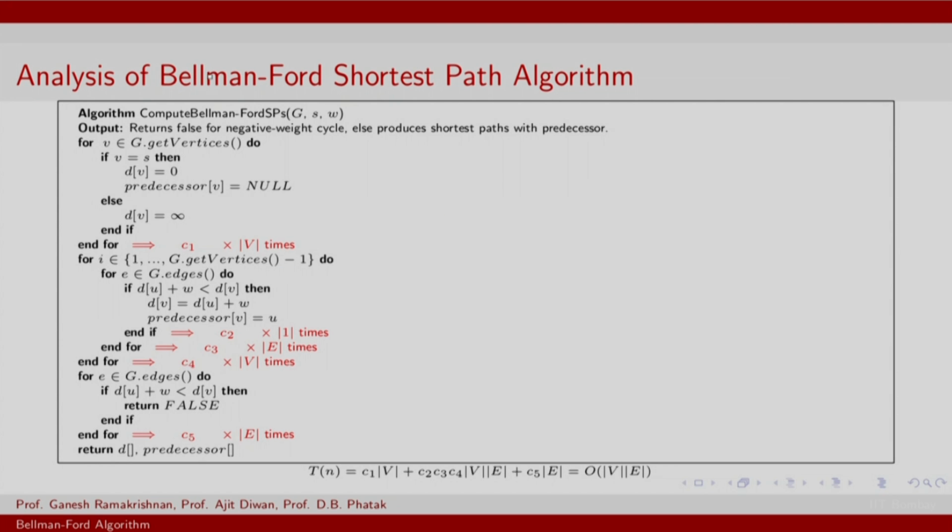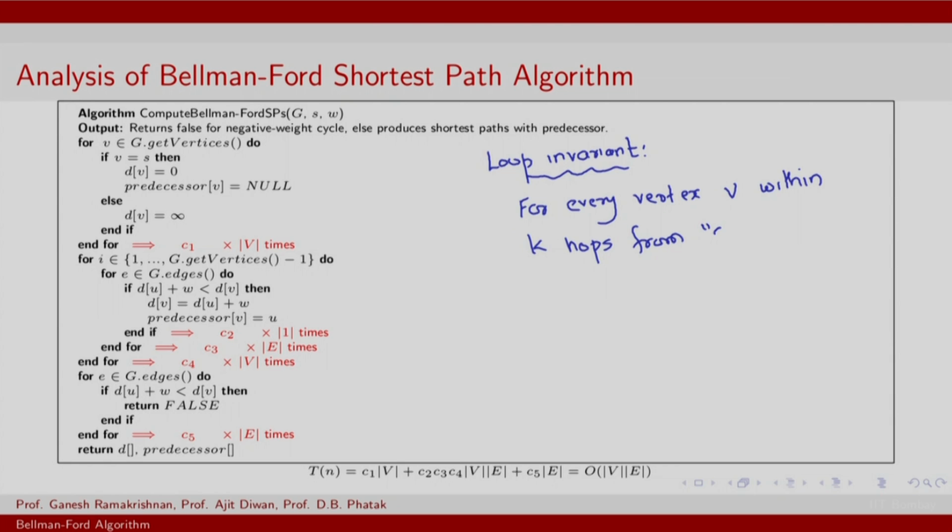So let us analyze the Bellman-Ford shortest path algorithm. We look at two characteristics, one is its correctness and the other is its complexity. We prove the correctness of this algorithm by claiming the following loop invariant, and we state that for every vertex V within k hops from the source node S,